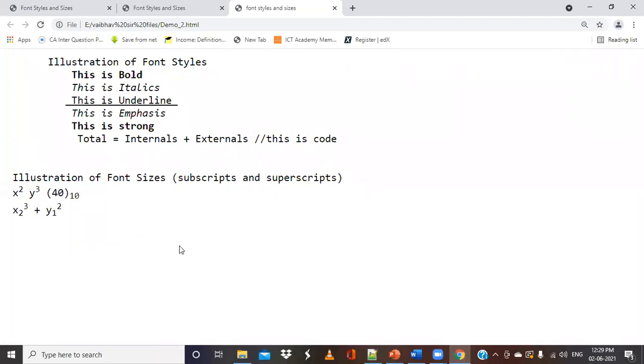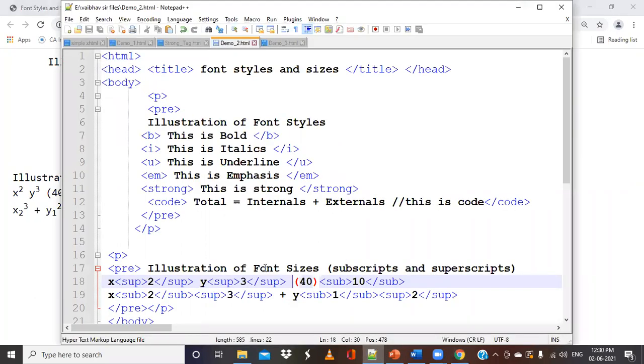So these things cannot be directly written in a paragraph, in text, or in heading tags. For that purpose, you have to use subscript and superscript. If you want to put this in a paragraph tag, like where you are explaining something, or in bold, you can also put it there, but you have to use the superscript inside that particular bold tag or italic tag, wherever you want to display it. If I want this entire thing to appear in bold, I will put B and end this entire B tag.